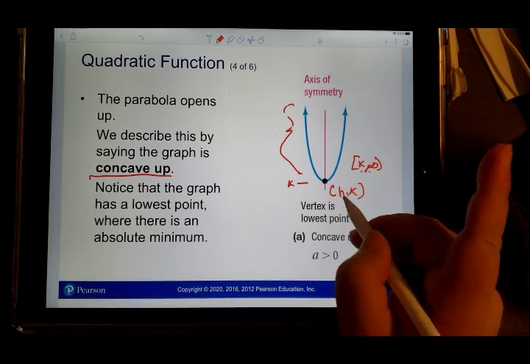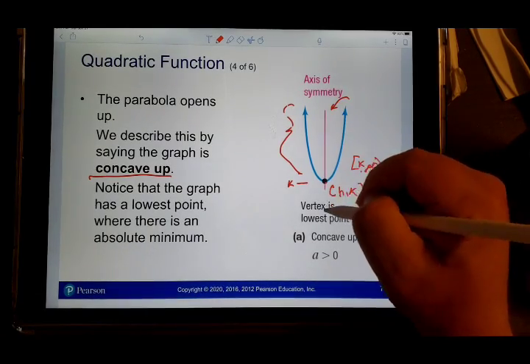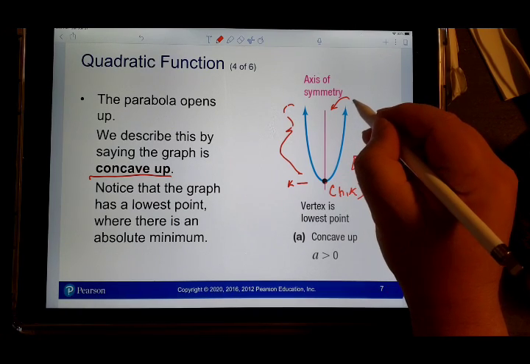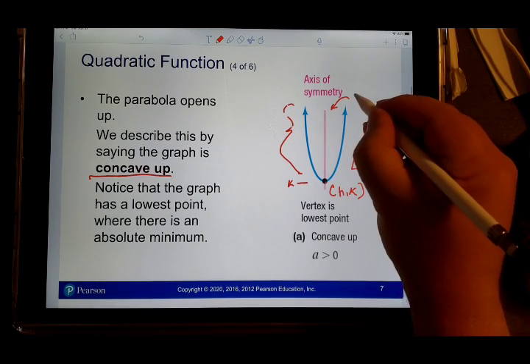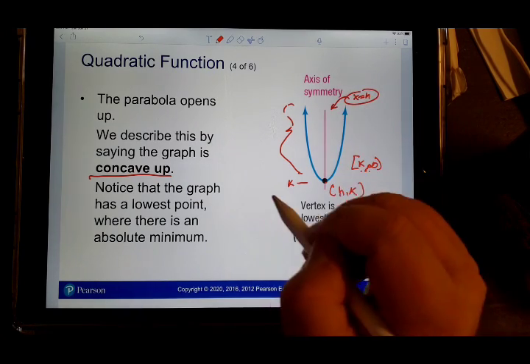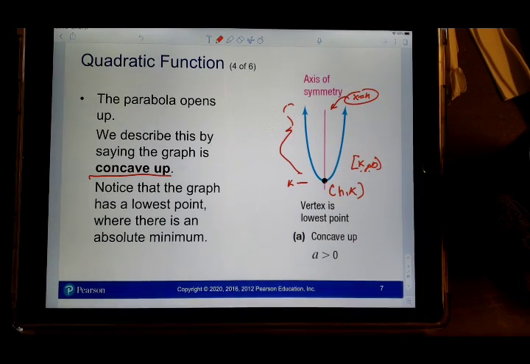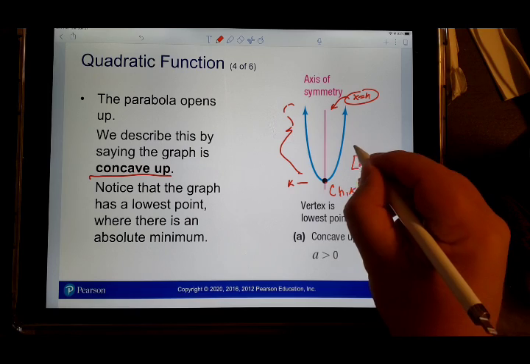Now what does h answer? Well, the equation of this line through the vertex, it's a vertical line, and it goes through a point where x is equal to h, and that is actually the answer. X equals h is the formula for the axis of symmetry. So the vertex reveals information about the range